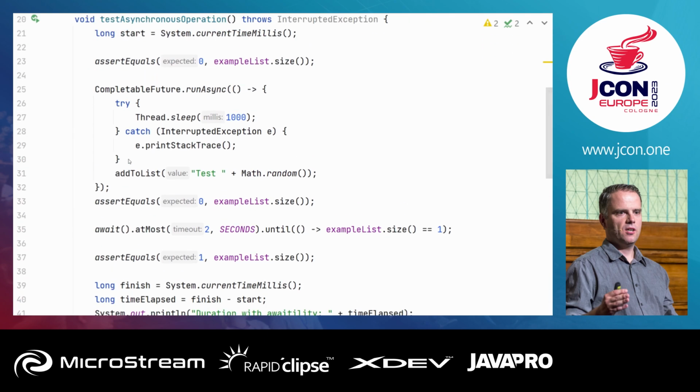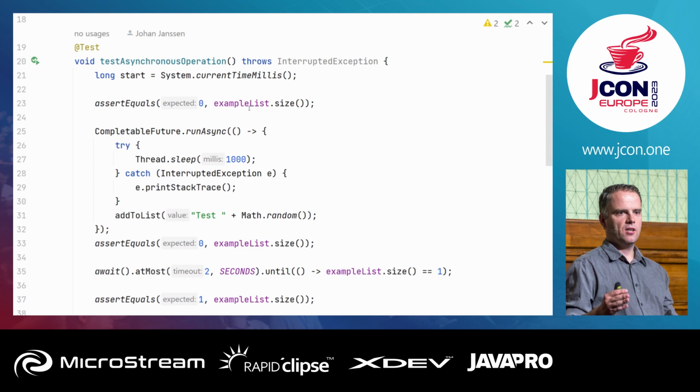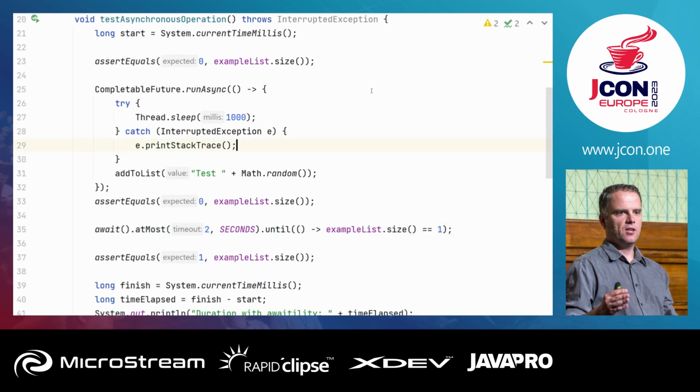So what we can do with Awaitility, in this case, we basically add stuff to a list. With Awaitility, we can say await at most 2 seconds until something changed in the list. In this case, I simply check if one element has been added, and then I do my asserts. So if I run this,